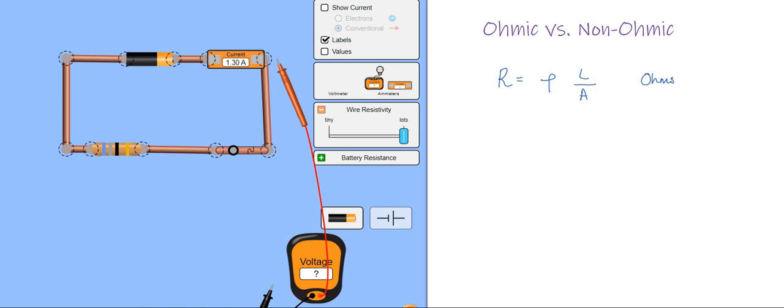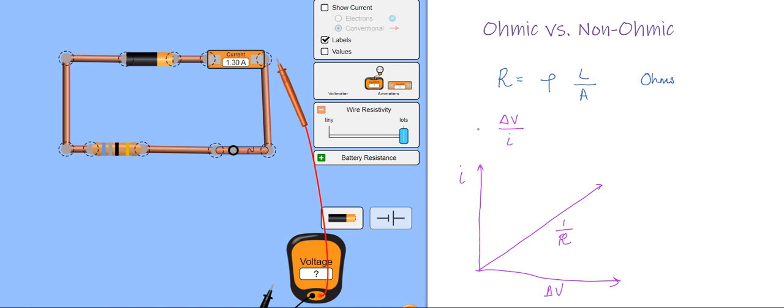Basically, the main difference between ohmic and non-ohmic resistors, or materials that follow what is known as Ohm's Law and materials that do not, is really all in the ratio of the potential difference to the current. So if I were to graph the current versus the potential difference, and I saw a direct proportion, and remember that proportion was 1 over R,